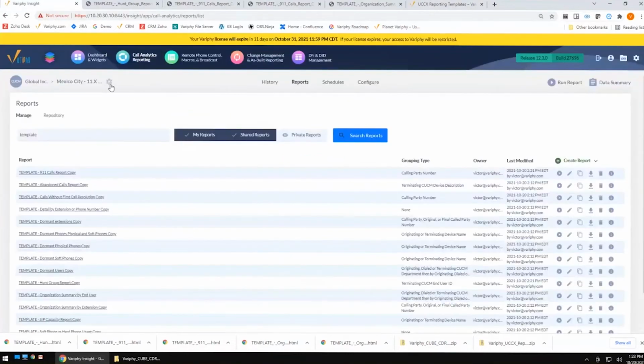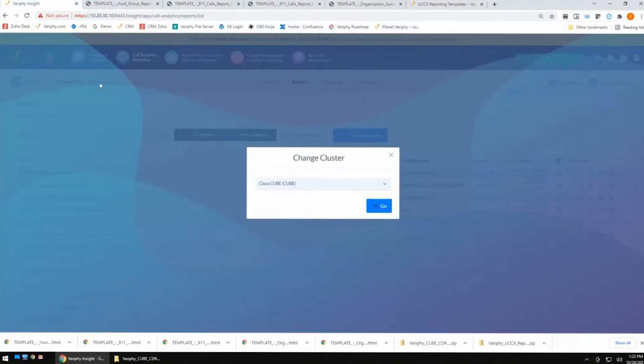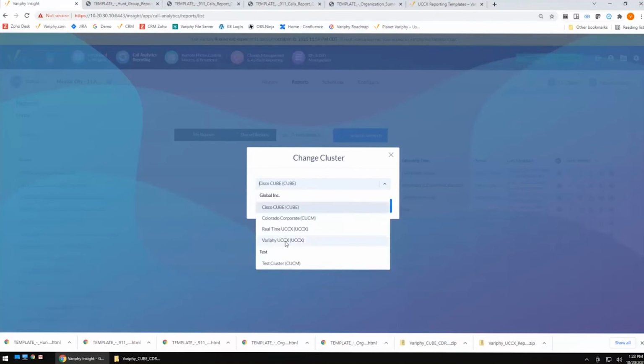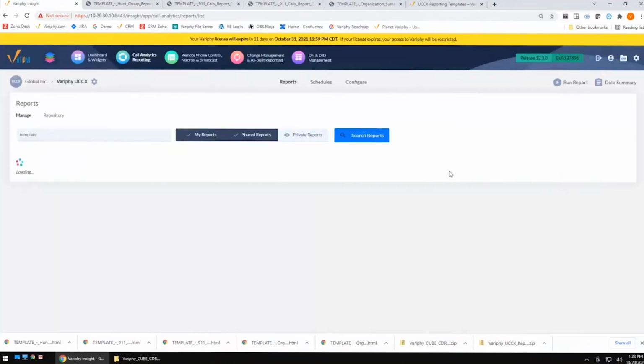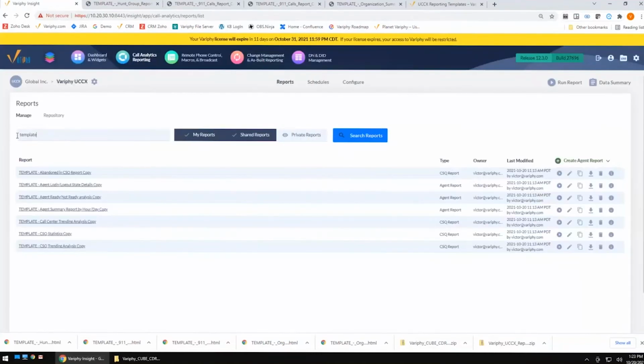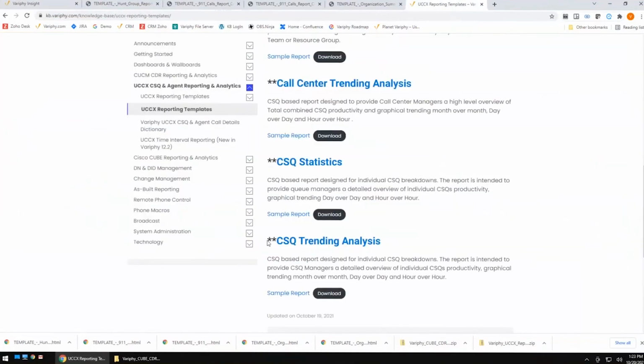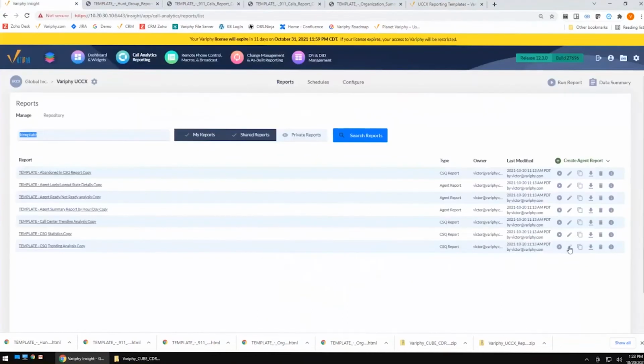So I'm going to quickly switch gears. Literally, I'm going to click the gear, and I'm going to go over to UCCX over here. And now you're going to see I'm still searching template, because that's what I was searching on when I left my CDR reporting. So it's basically bringing up all of my templates. And here I have my CSQ trending analysis. Now we know this requires edits because it has the asterisk in front of it. If I go ahead and edit this guy down,